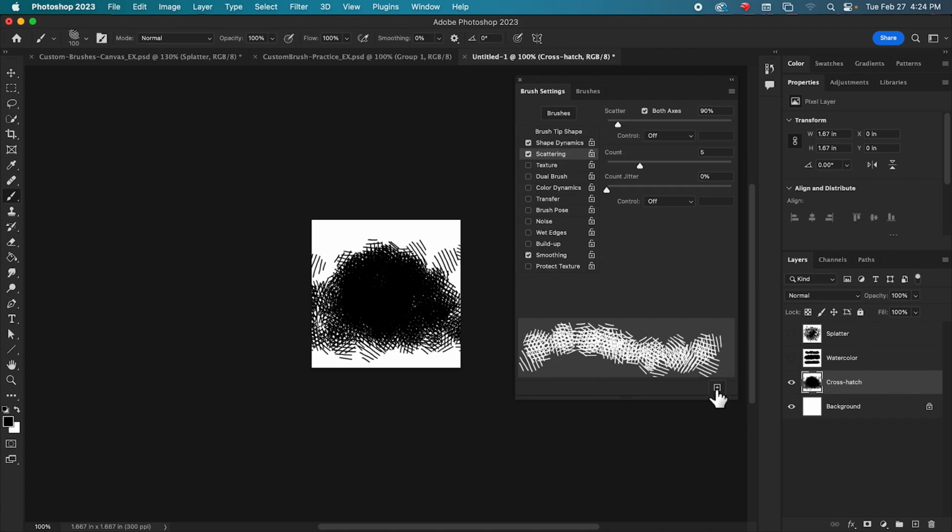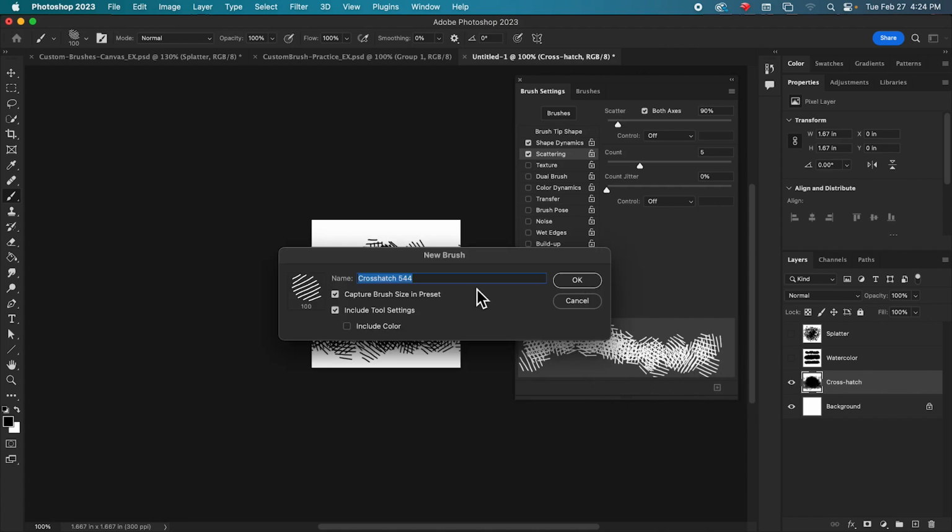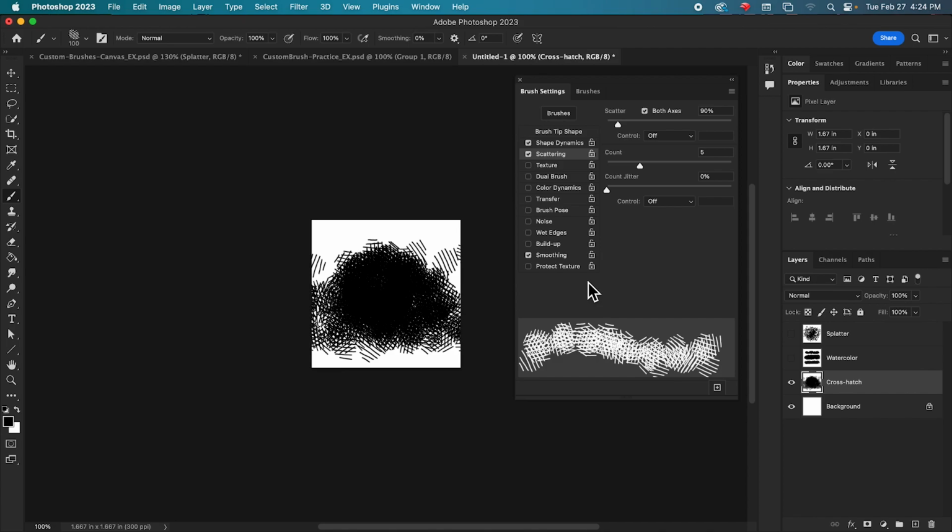We're going to go ahead and go down, new brush, and we're going to name this crosshatch 100. Capture brush size, include tool settings, and hit OK.